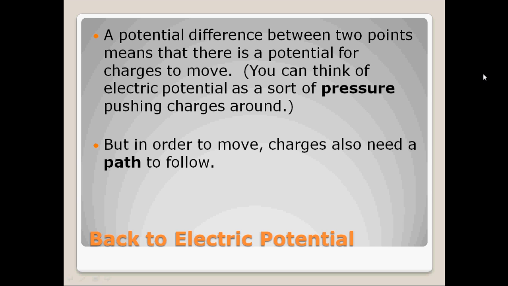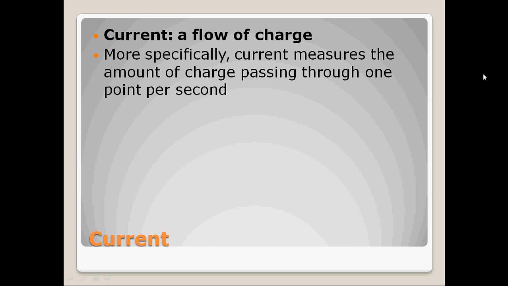Okay, so by having a potential difference, we're exerting pressure on our charges to get them to move from one place to another. As they do so, obviously, our charges need a path to follow from point A to point B. Now, once we get our charges moving along a certain path, we can measure something called current. Now, current basically just means the flow of charge, but more specifically, if we want to go about quantifying the